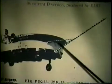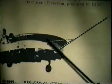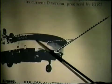They had similar craft, but these are more like ducted fan craft, air cushion craft. There would be a slide